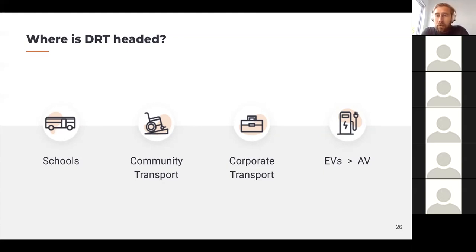But we have a project over in New Zealand where we're using 6 EV vehicles. There's a lot to learn from that project on how we optimize accordingly. But it's a very key area that we'll see moving forward. And once we solve some of these range anxiety issues, I think we'll see a large increase in EVs into the DRT fleets.